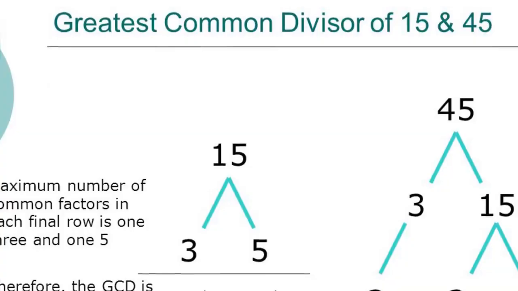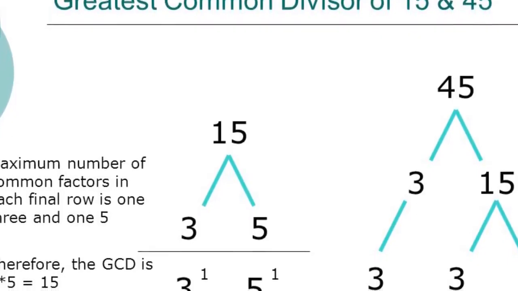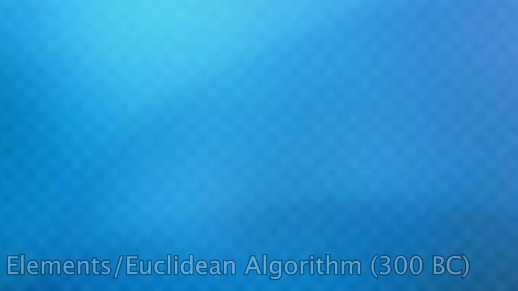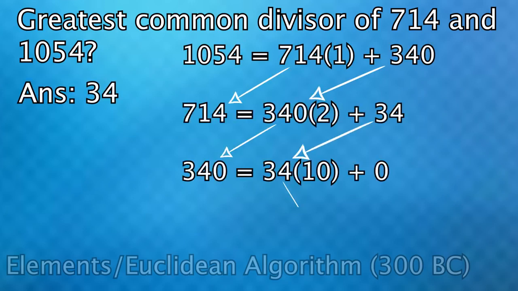This algorithm calculates the greatest common divisor of two numbers in an efficient way. So if you want to know the largest number that goes into, let's say, 714 and 1054, it would not be that hard but may take a little bit of time to find the answer is 34. Instead, we can use the algorithm. I'm not going to explain how it works, but it just involves basic elementary school arithmetic, and using it you can probably figure out the answer by hand in less than a minute.